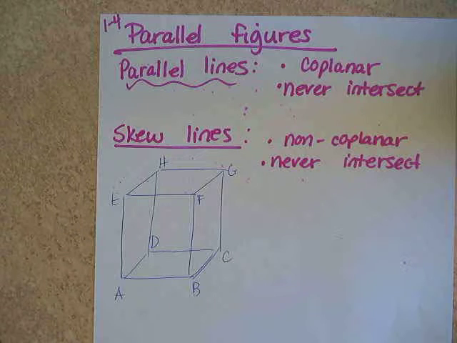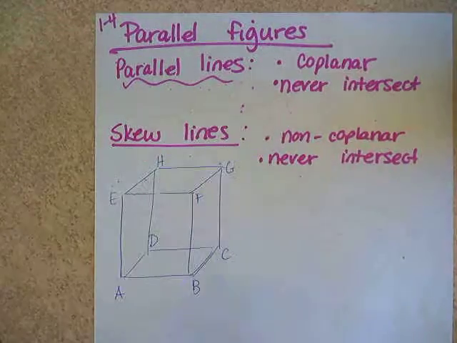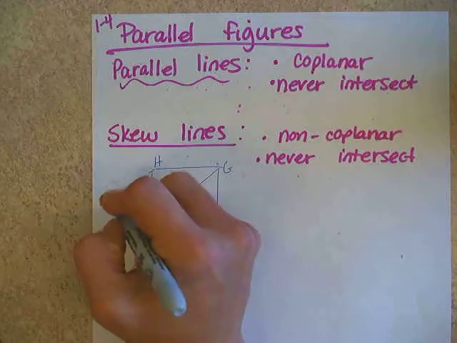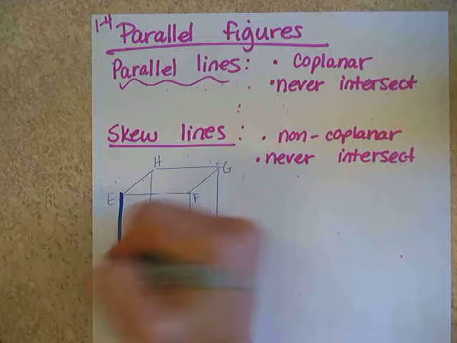And the first group we're going to talk about are those that are parallel. We're not going to list every set of parallel lines. There are actually two sets, but we're going to focus for now on